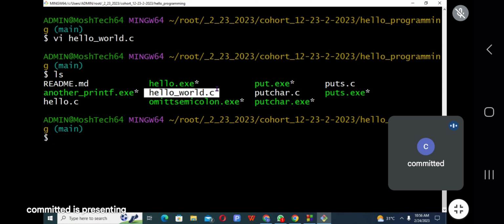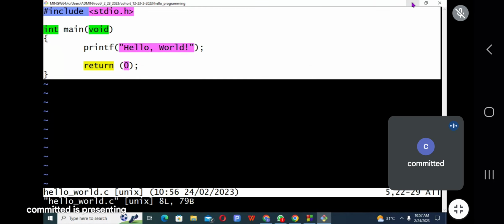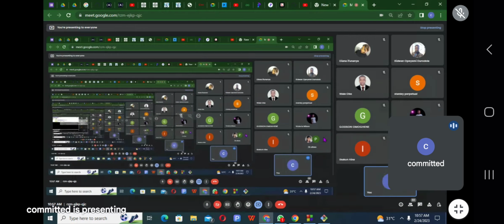Then how do we make this file executable? The language we are having here, this hello world, nobody can understand this except the programmer. The end user does not understand what is #include stdio, what is int main void, what is the code block, what is return statement, and what is printf.